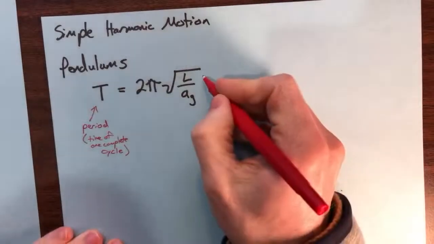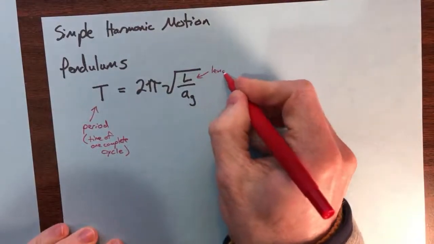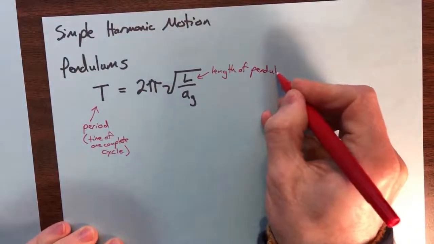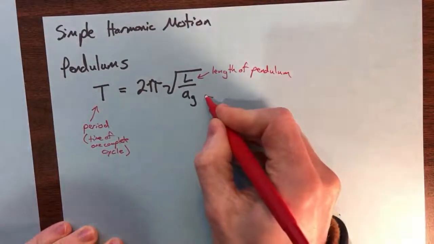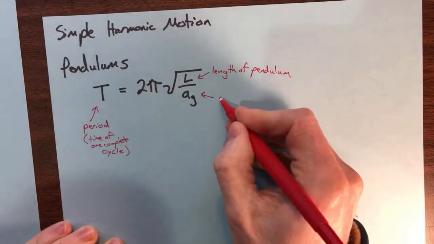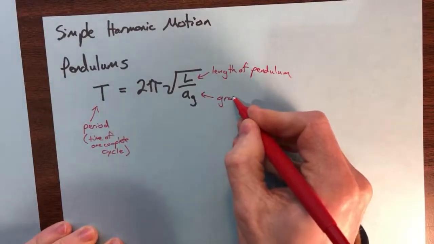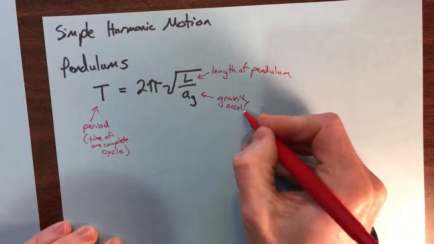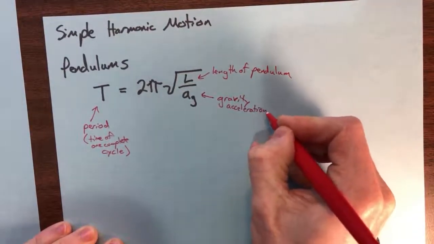L is going to be the length of the pendulum. And then A sub g, that's going to be the acceleration due to gravity. Okay, and so